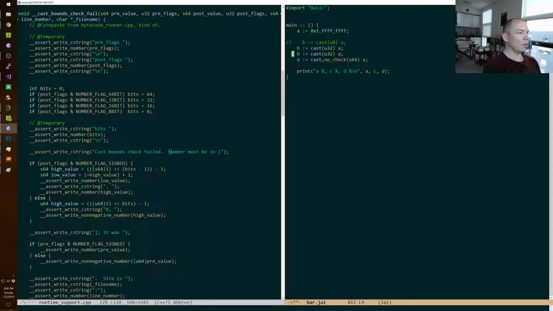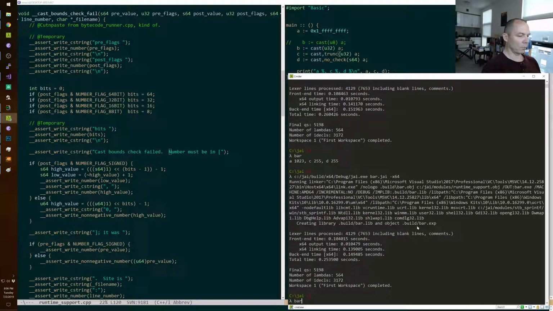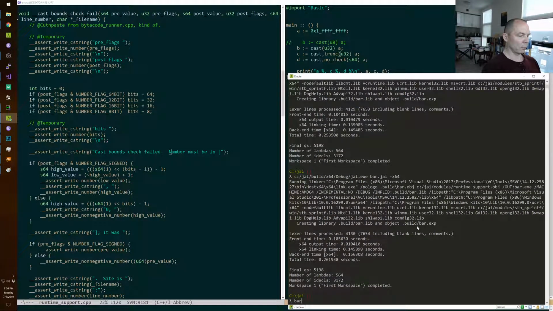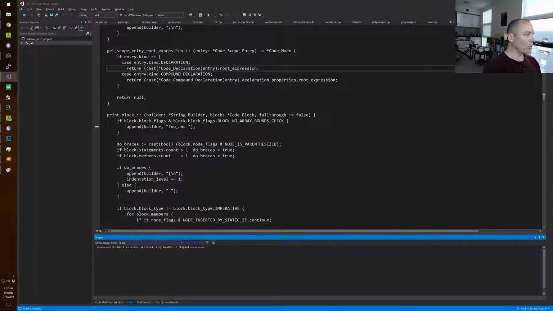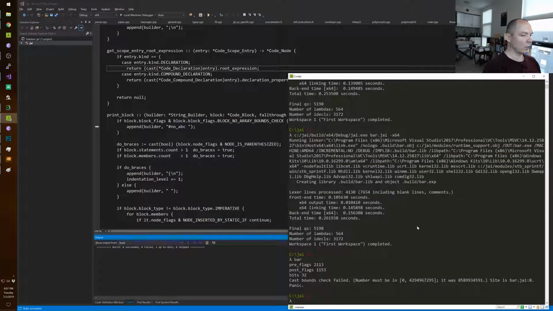We don't have a C. Okay, let's recompile without those parentheses. Oh, it's not detecting it. Okay, whatever.